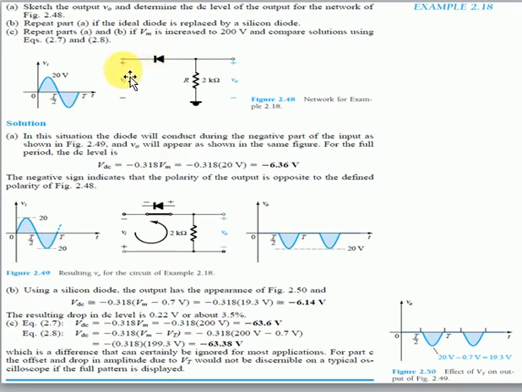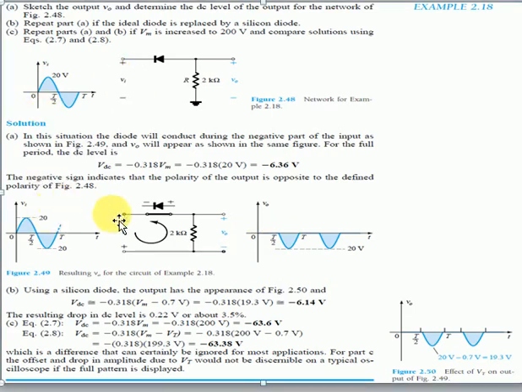So when the positive cycle is here, this diode will be reverse biased. As a result of that, there is an open circuit. When there is an open circuit, the whole input voltage will appear across it, and at the output side there will be no voltage. That's why you may see, when the positive cycle is here, for this we are having simply 0 voltage. For positive cycle there is 0 voltage.